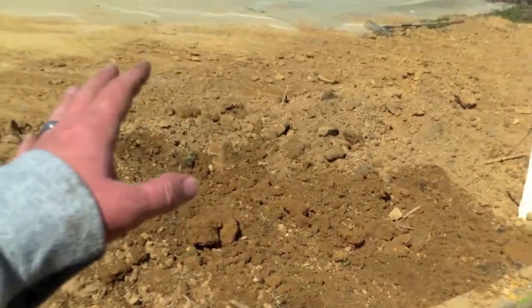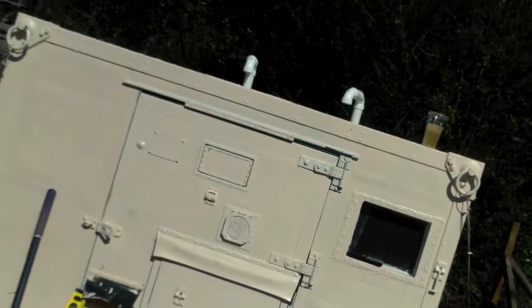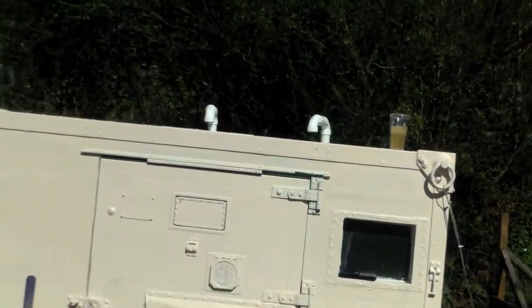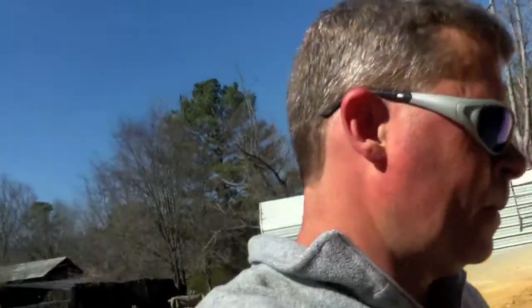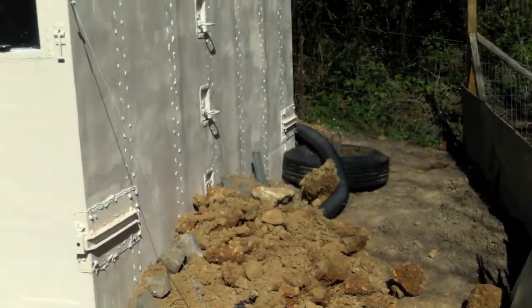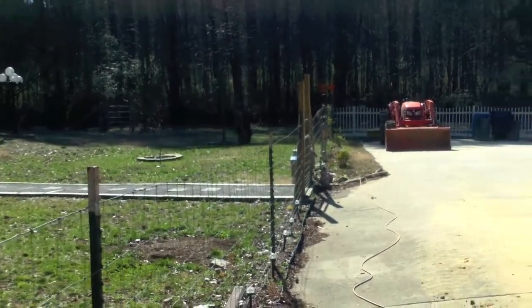Going to plant herb gardens all over this. I've got some rubber medium that I'm going to go across the top of it with, and then we're going to put topsoil on top of that. So we'll have about 6 or 8 inches of topsoil, and it should look really pretty, hopefully this summer, because I am damn near finished when that guy brings my dirt tomorrow. It's going to be the booger because it's going to be wheelbarrow work, because the bucket is too big to really get into here